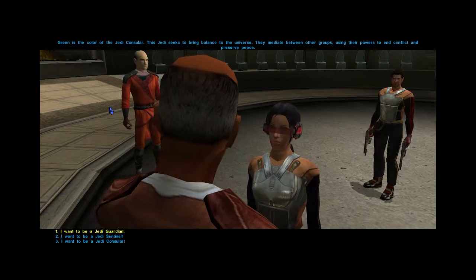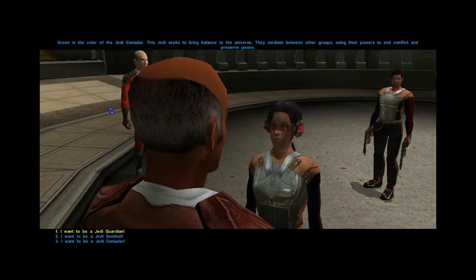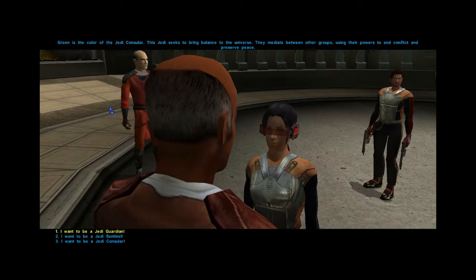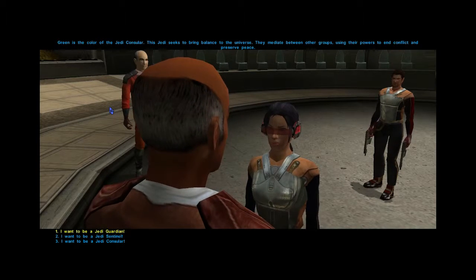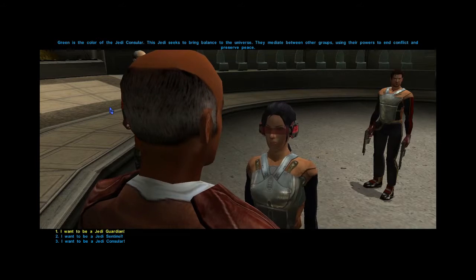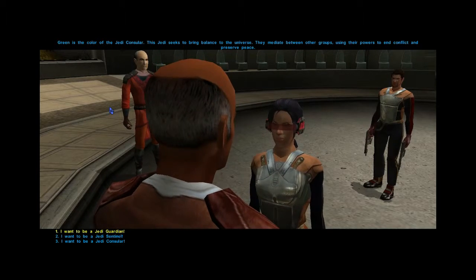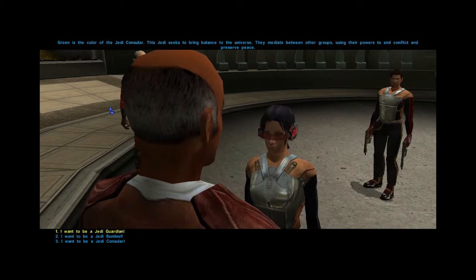Consulars have 3 extra force powers and get only 6 points vitality, but 8 points of force. So in essence, it comes down to either 2 extra feats, 3 extra force powers, or a bunch of extra skill points. And then there's the balancing between the extra abilities, and between the force and health. And the Guardians have those random 4 extra attack points, which I don't like, because that really does skew it